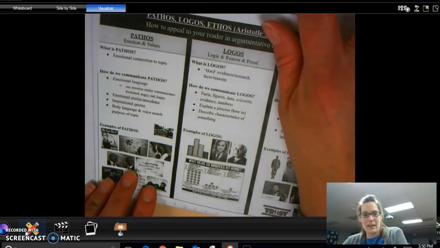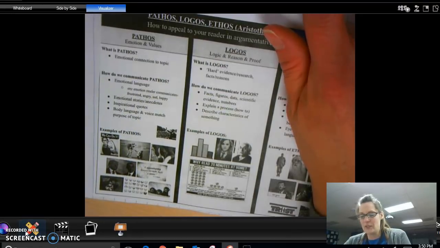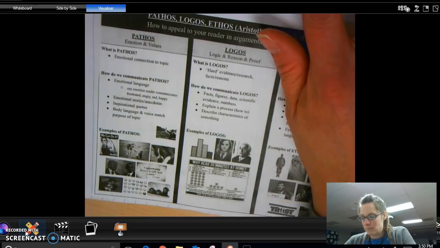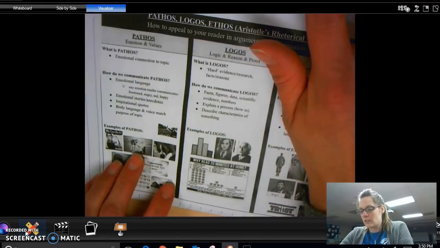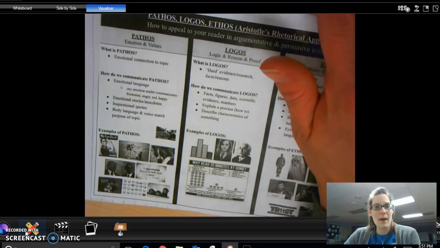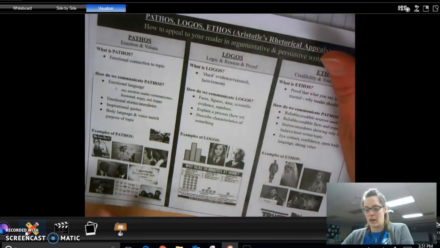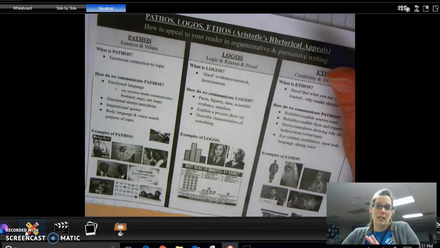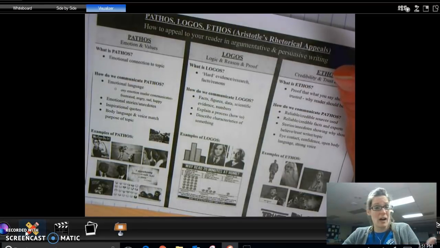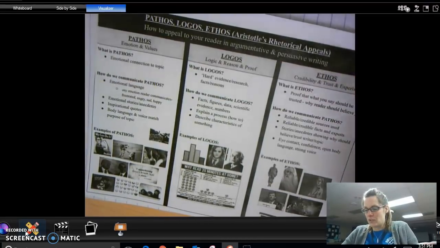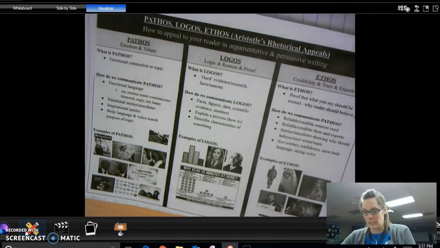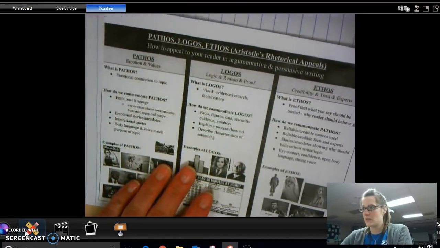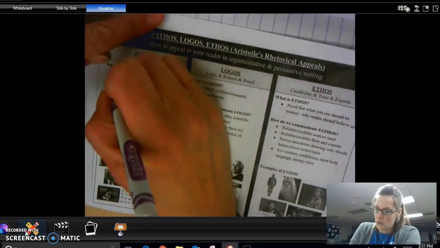If you take a look down here at the bottom, there are all kinds of different pictures that give examples of what pathos would be. You see the dog commercial where they're all living in the kennels and they're all so sad, or you see the soldiers helping kids or whatever. And this can be positive or negative emotions. We talk about our current president and our last president, and there's a lot of debate about the quality of work that both of them have done, and people either feel very positively or very negatively about each of them. Being able to use that as an example shows it doesn't just have to be positive feelings, it can also be negative feelings. So pathos is all about the feelings. And if you like notes and annotation, you can write that really big